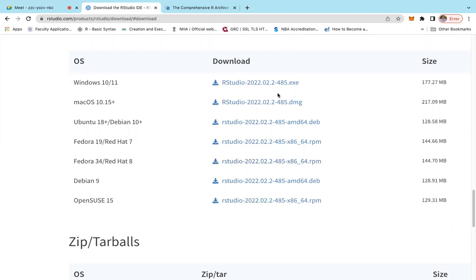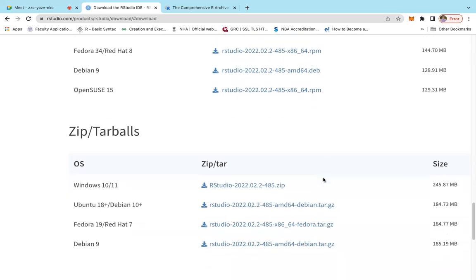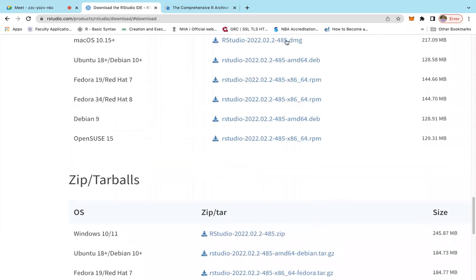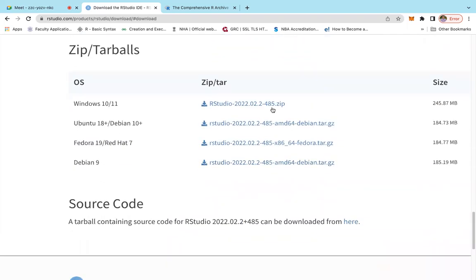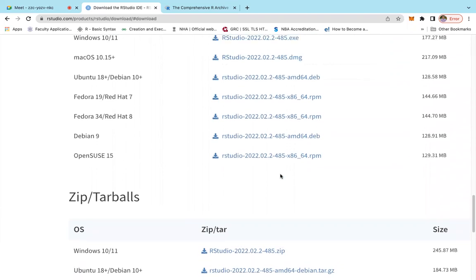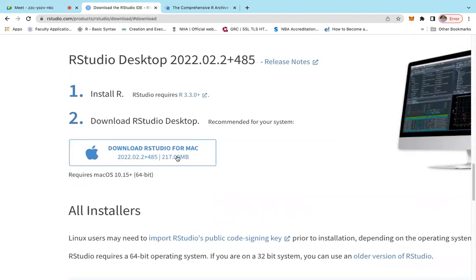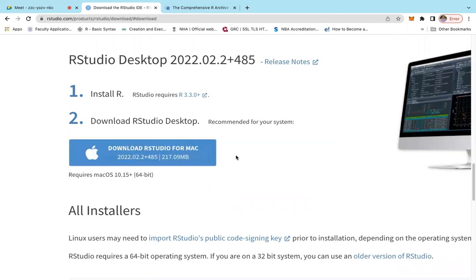So for Windows, it is an exe file. For Mac, it is a package form. For Ubuntu it is there, and for Fedora it is in RPM form, and that way you can download it. If you want the zip file and the exe is not installing from that particular source, you can go for the zip. Now it is going to work. So many of you have got your operating system details here. You just click it here and it will download